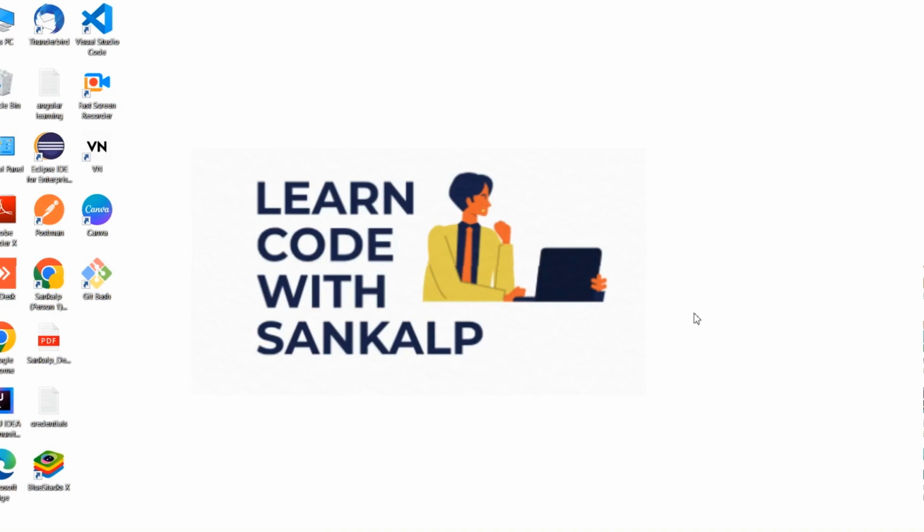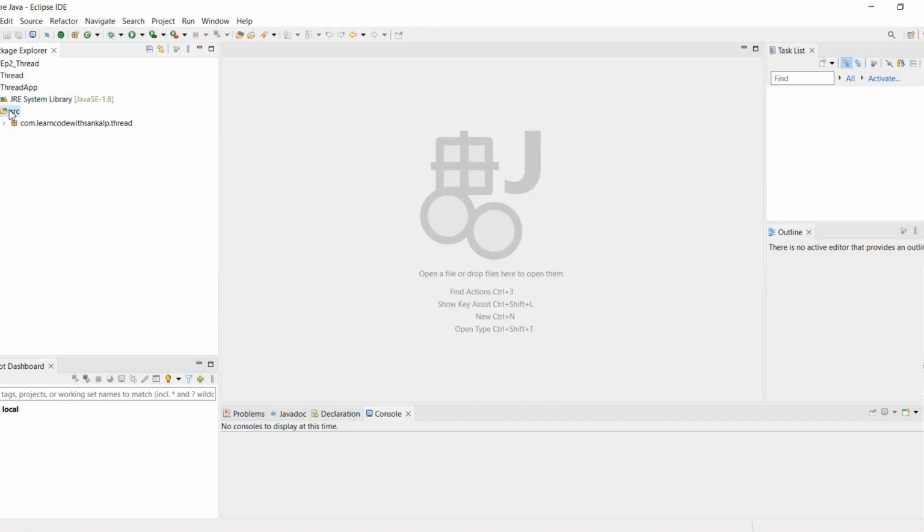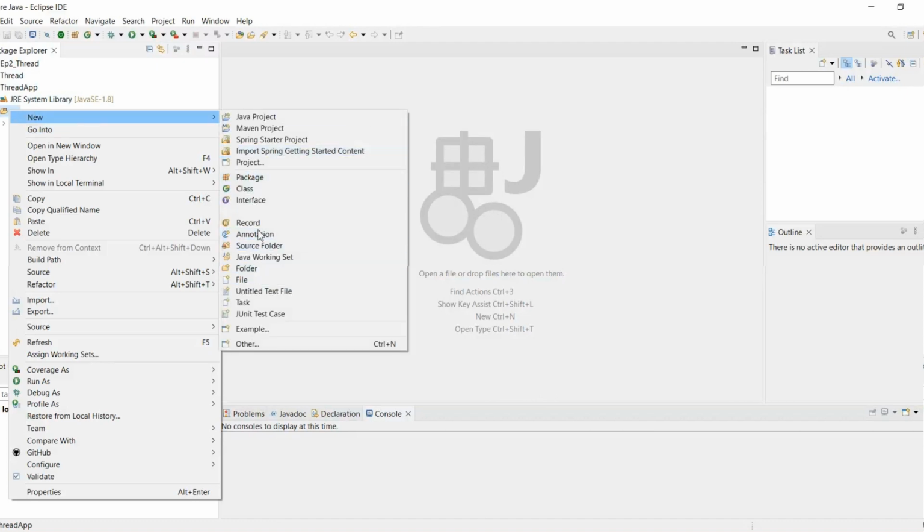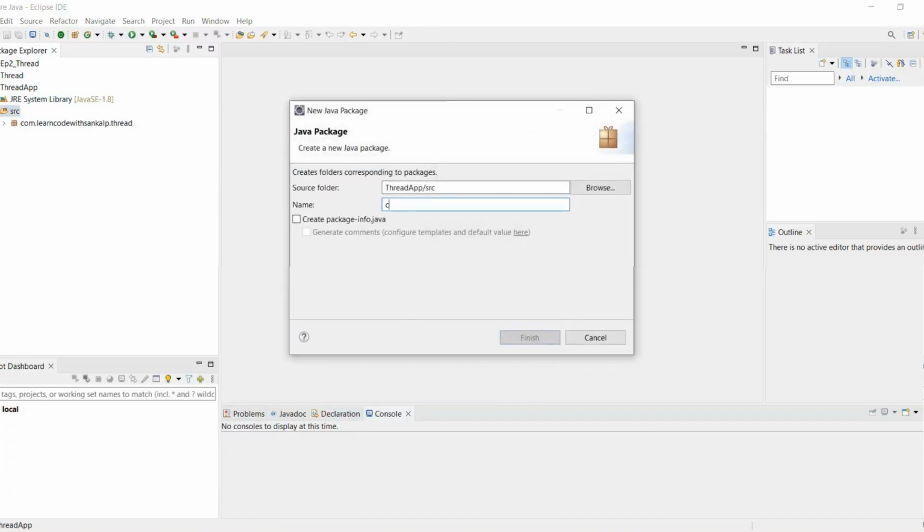For that, without wasting any time, we go into Eclipse and create one project. In the src folder, we create a new package named com dot thread pool.